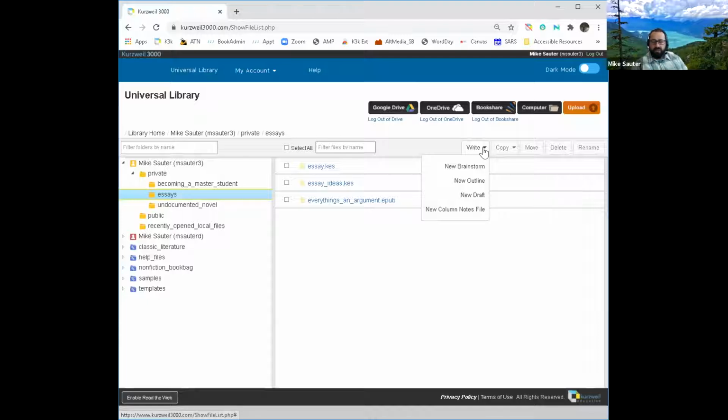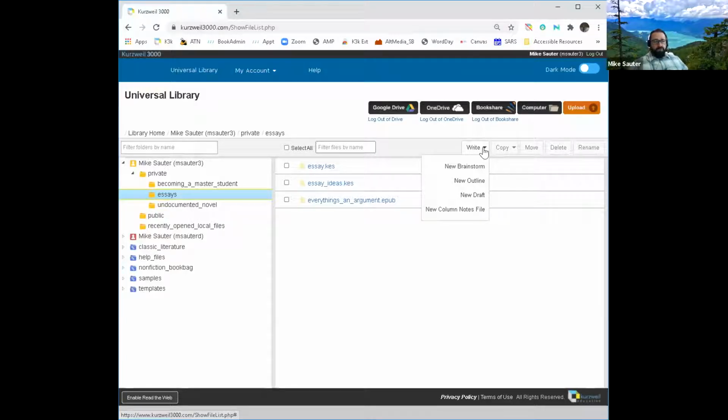The next one is the outline. So an outline is your more traditional way of formulating your ideas in a linear fashion. The outline gives you tools so that you can have your main topic and your subject topics and the details within, typically using the Roman numeral or the capital letter A and B and C and so forth.